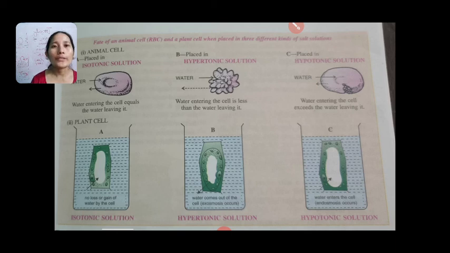So I hope it's clear. You could differentiate between isotonic solution, hypotonic solution and hypertonic solution, and what will happen to the cell if it is placed in these three different solutions. They generally ask you questions from this particular topic, so go through it properly. Next day we will be discussing the other process with the help of which the absorption of water and minerals takes place. Thank you.